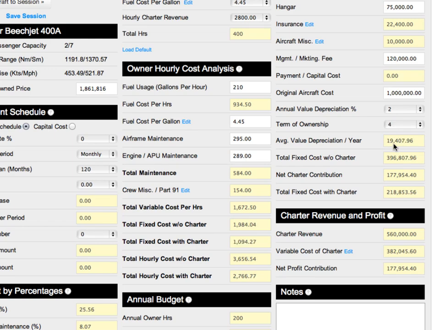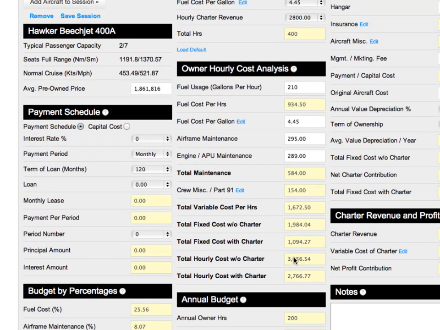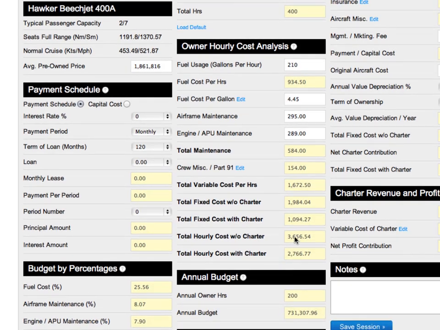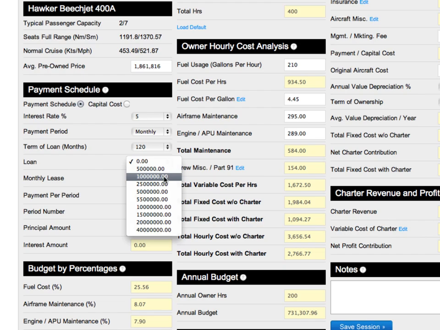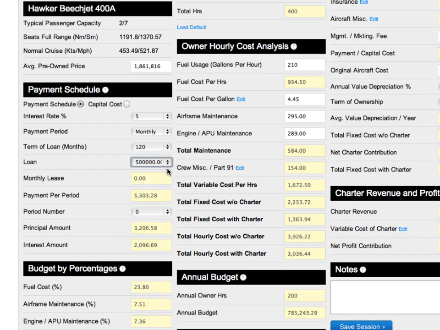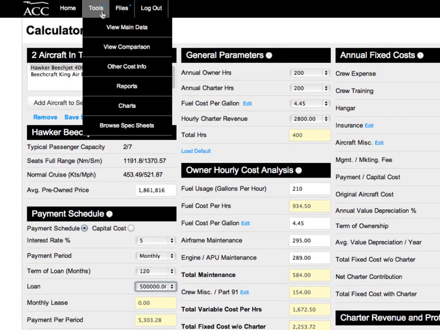So he should expect to take about a $20,000 hit every year times 4. So when he goes to sell it, it's probably going to be worth maybe 900,000, but then that populates into his hourly cost with and without charter here, Jim. Okay. And then I could insert, you know, if he's going to have a note on the airplane, 120 months, maybe he's going to borrow 500 grand. And then you can see, but now where it gets kind of interesting here on some of the reporting, Jim,